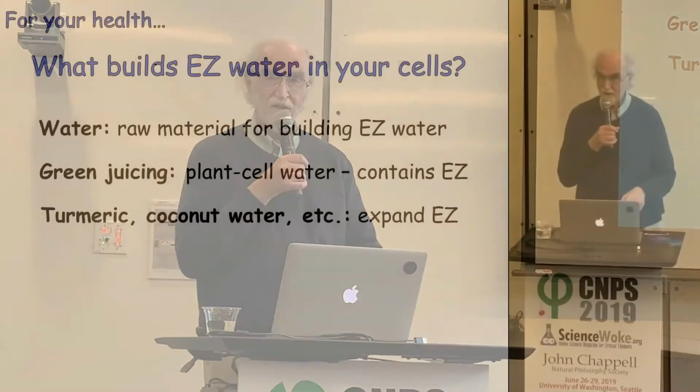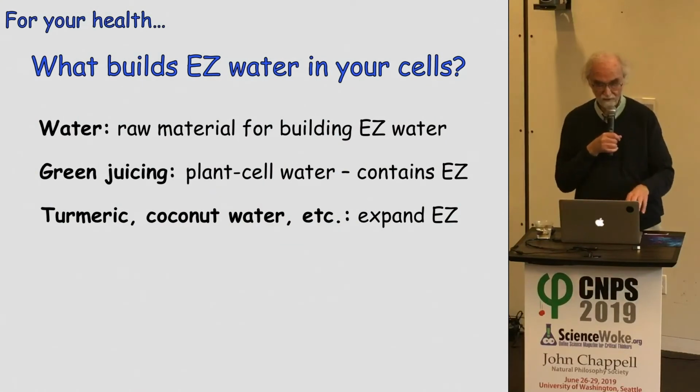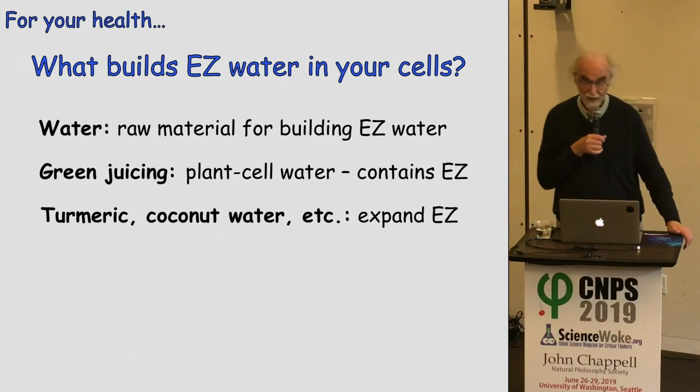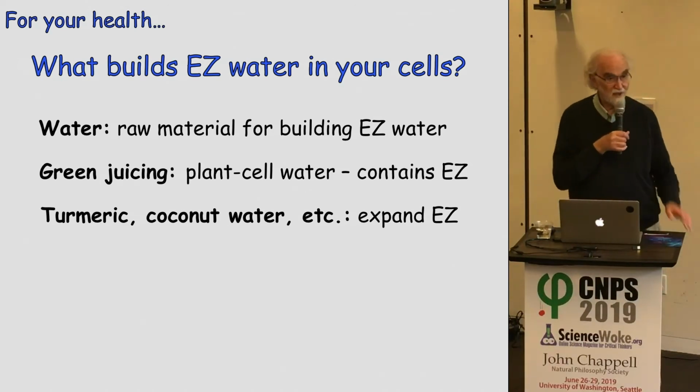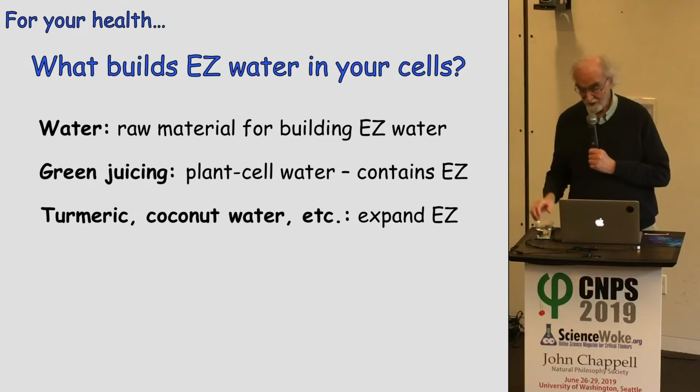And so the question arose to us, if they're so effective, either they have multiple mechanisms or receptors or something, or there's one mechanism that operates everywhere. And of course we thought of water, because water is everywhere. So we tested these and we published the result, and the result shows that at the concentrations that would be typical inside your body, these all build easy water. So we think that it's possible that these substances, as I said, known for the ages to be good for health, may operate by building easy water in places where you need easy water.